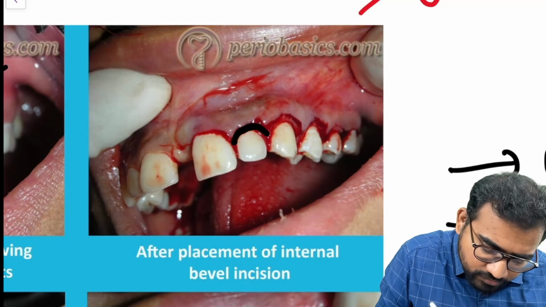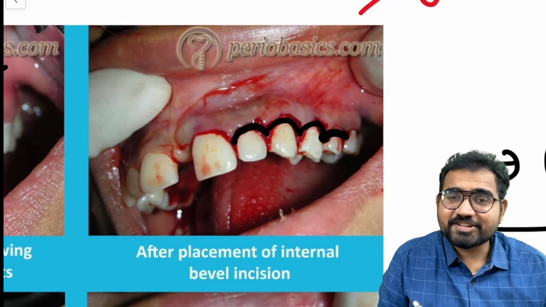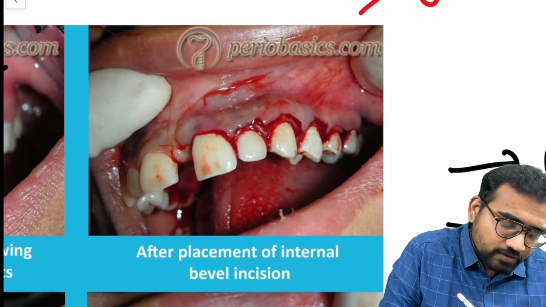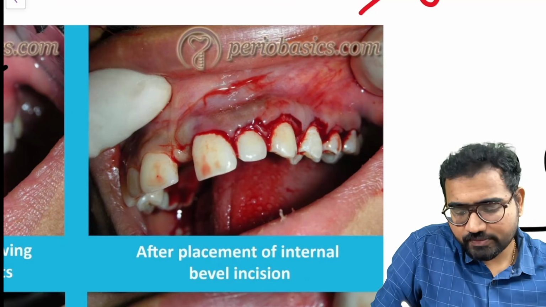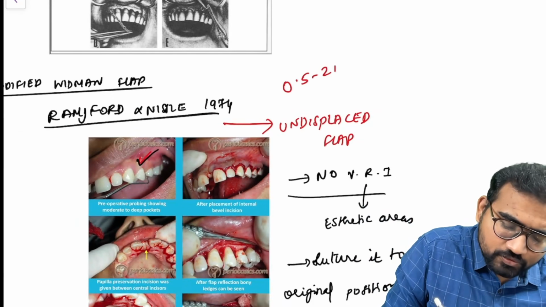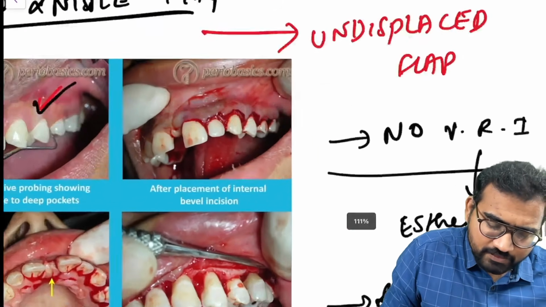Okay, pocket is being measured, and then what I'm going to do, as you can see beautifully here, see this tag of tissue, isn't it? What is this incision? Excellent, this is an internal bevel incision. Okay, what is the distance from the gingival margin? 0.5 to 2 mm away from the gingival margin. I am going to give